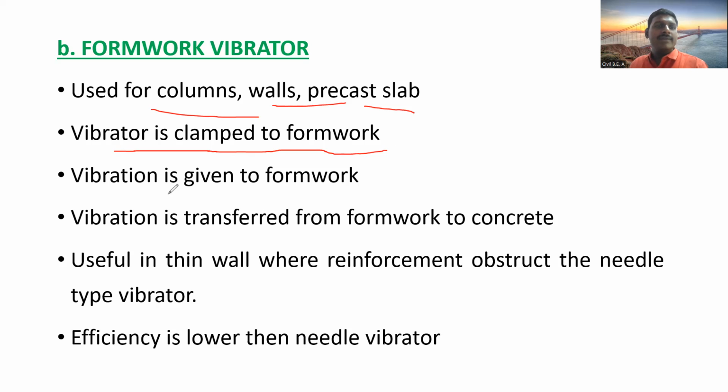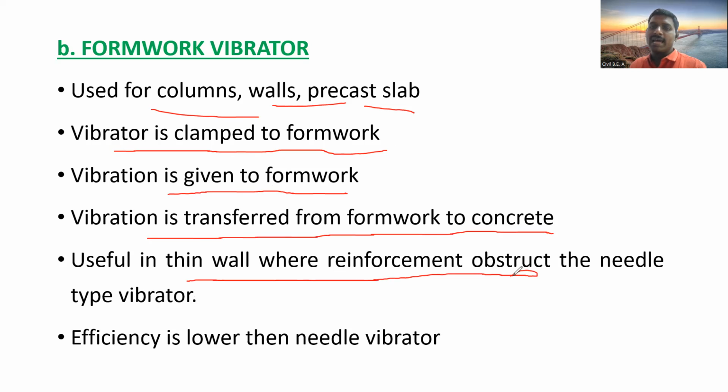Then vibration is given to the formwork. Whatever vibrations are transferred from the formwork to the concrete will be useful in thin walls where the reinforcement